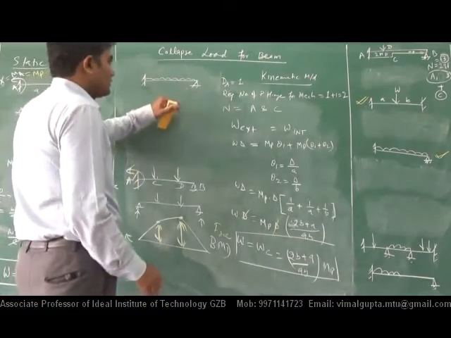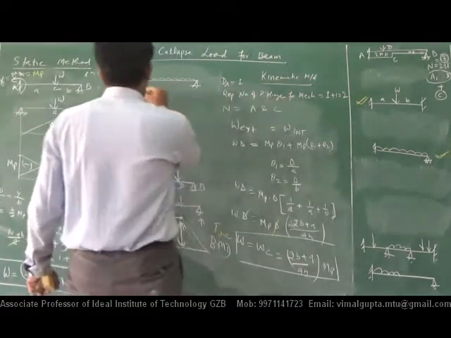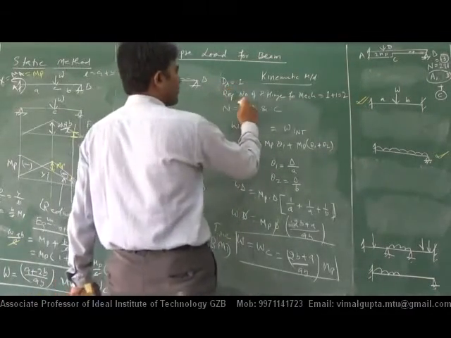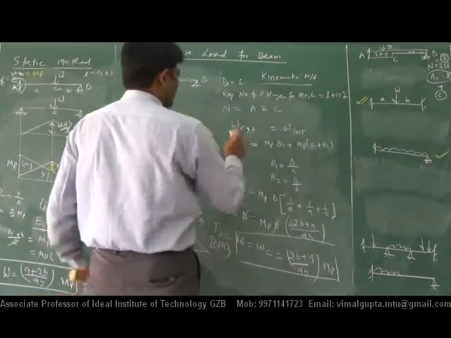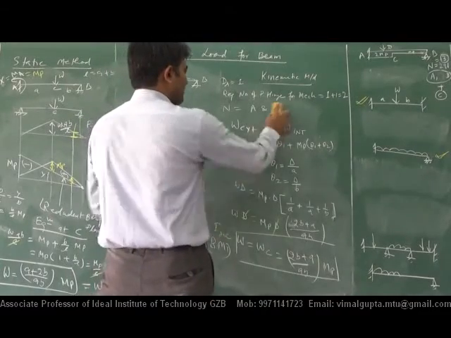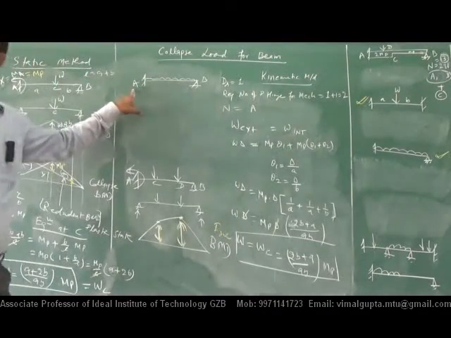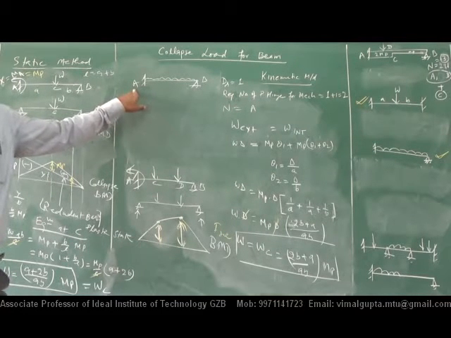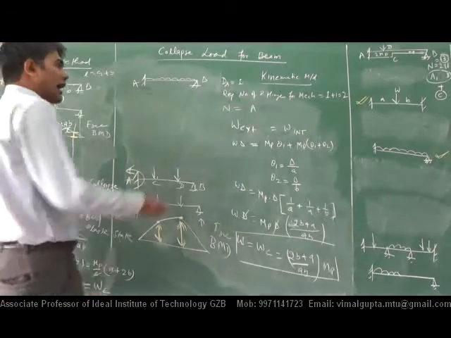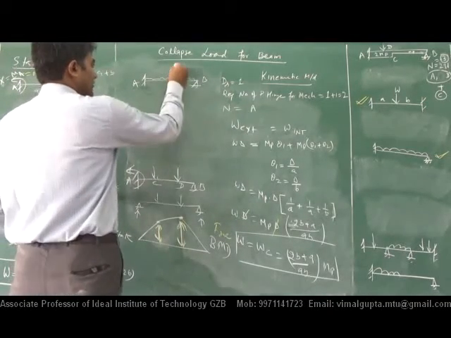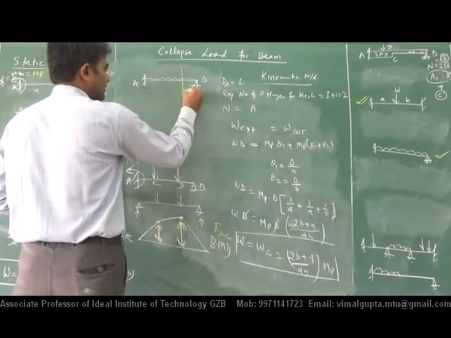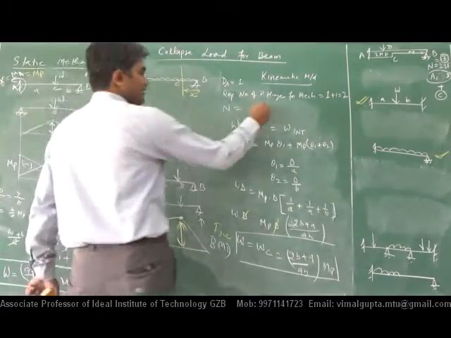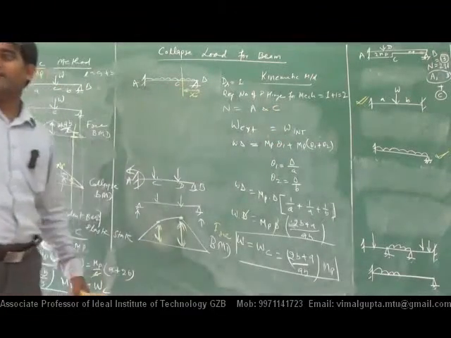So required number of plastic hinge, if that point is A, if this is B, since the value of ds is 1, the required number of plastic hinges will be 2, and those points will be what? First one is A and another is, we do not know. Say this point is C, then it will be at A and C.